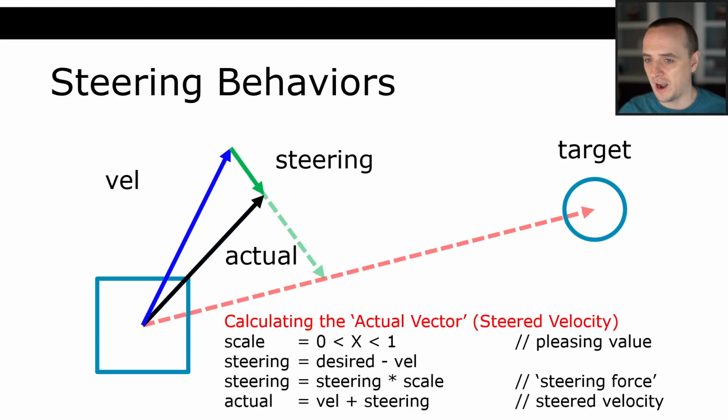So now when we go to do our actual calculations, we've got this scale value down here. The scale value is a number between 0 and 1. It's whatever we happen to choose. So whenever you implement your steering, you're going to put in something, and I recommend starting with like 0.01, something very small, because you're going to be steering on every frame, and you don't want to steer too quickly.